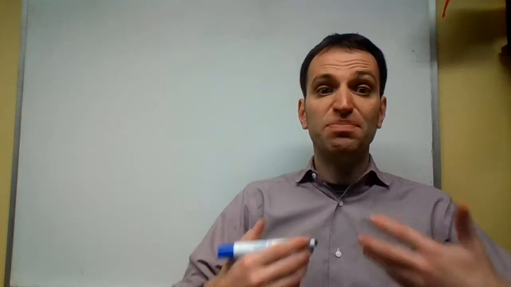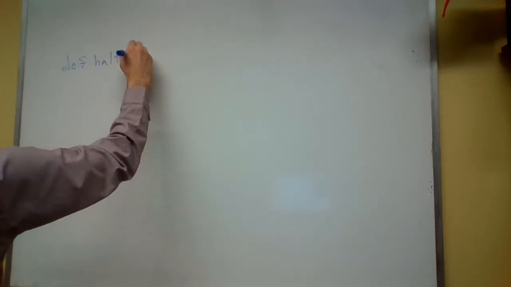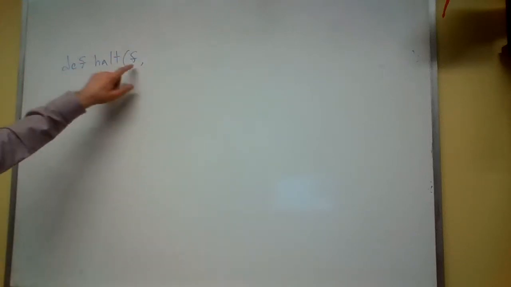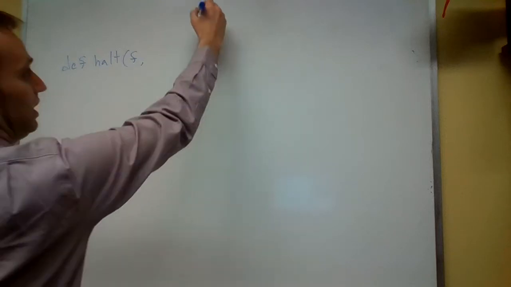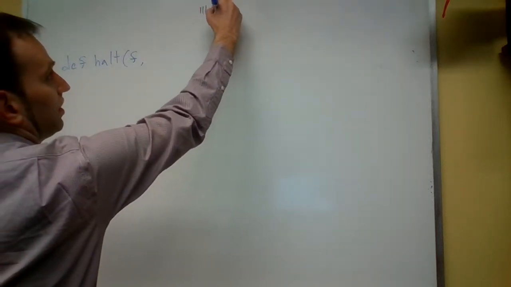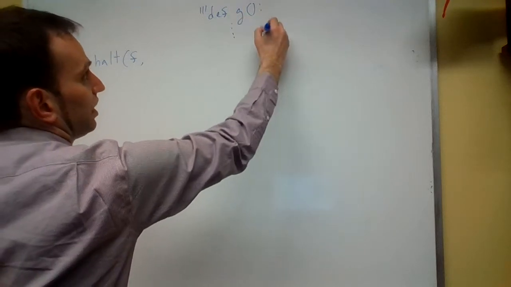Here's how we're going to go about proving that it's impossible to determine whether a function contains an infinite loop or not. We're going to say, okay, let's say you could do that. That means that you could write a function called halt. So we'll call it halt like that. And it'll take a function, and you can think of it as a string rather than as a Python function, a string that contains a function. So something like def g, and then you define the function, and then you close the string.